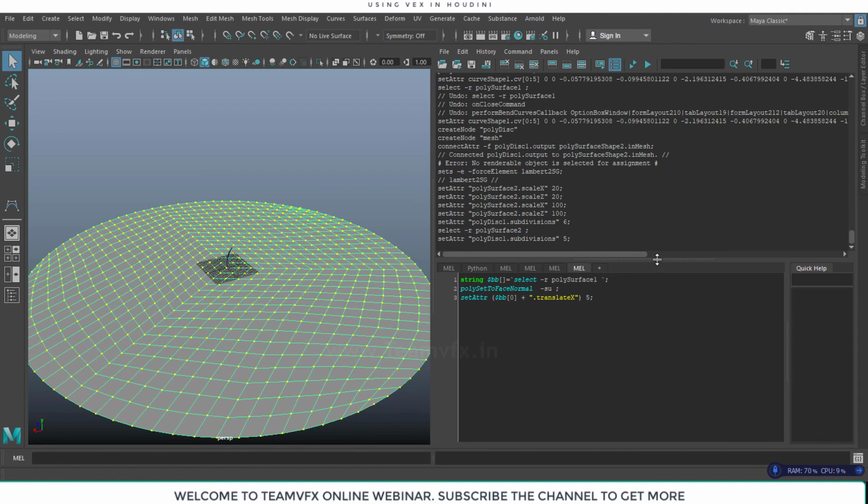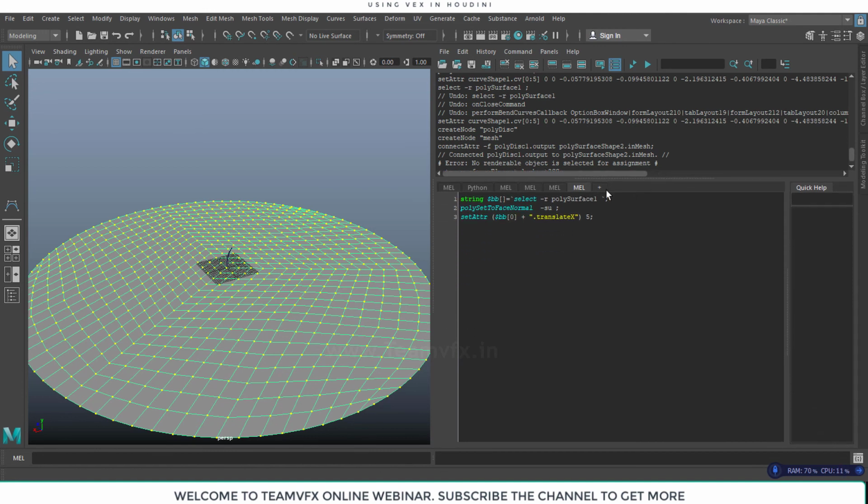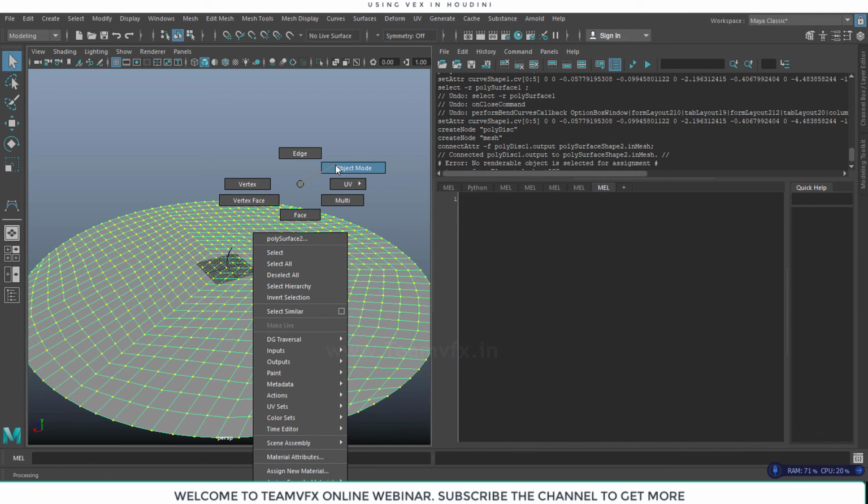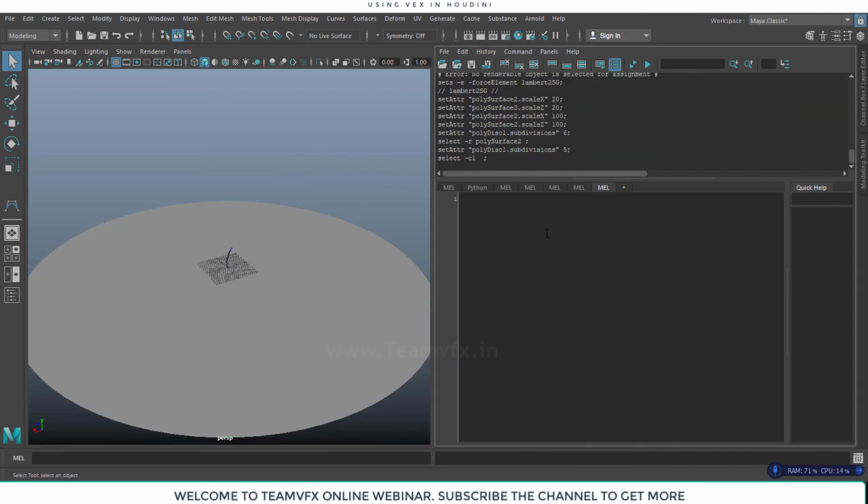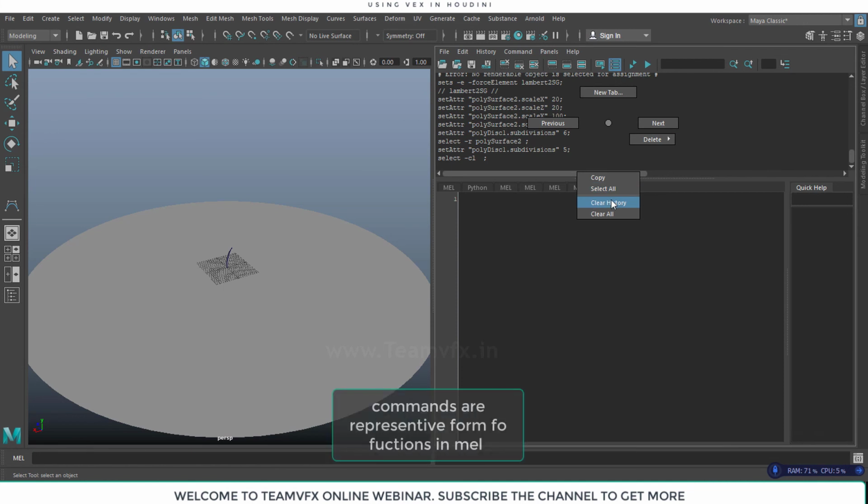Okay, so I have a script editor. Now I'll take one new MEL tab. So what I'm going to do is start working on this. The first important thing about MEL commands is that, as I told you earlier, all the things are the same just like VEX, but the only difference in MEL is that we call a function a command, and a command has some flags, meaning the arguments of that function.